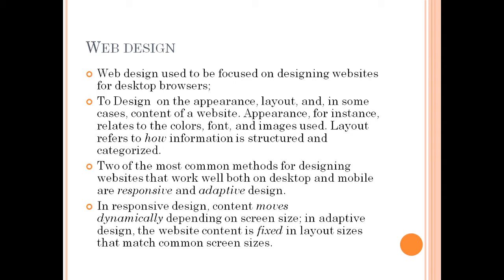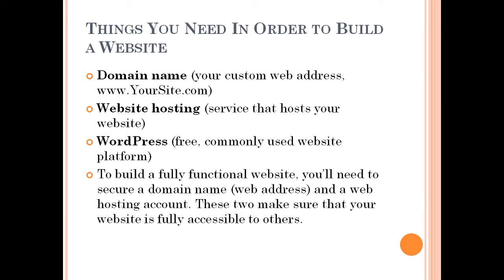Now proceeding further, let's see what all things we need to build a website. Firstly, to build a website, you should have a proper domain name. A domain name is your custom web address. Now, you know that every system will have an IP address. If I give someone my IP address, 112.13.456 and all, it's difficult for me to remember as well as for them to remember. So a domain name is a site name which is given to that IP address, and I can go and look up on that domain name.